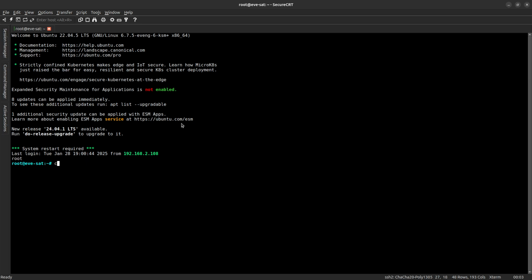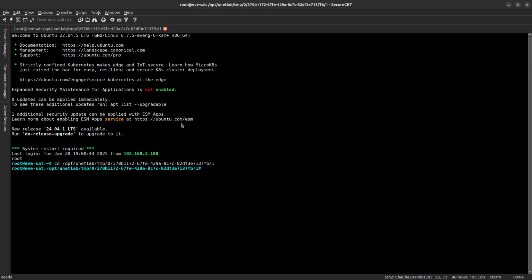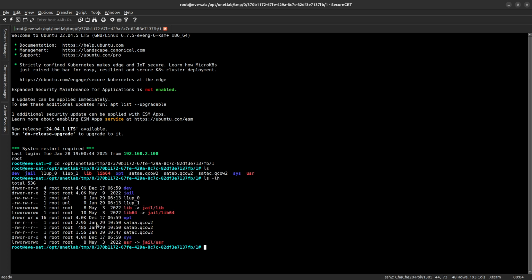Next, what you want to do is go to the path that you have copied. And there you can see I'm just going to run the command again with the -lh switch. Next, what you want to do is,